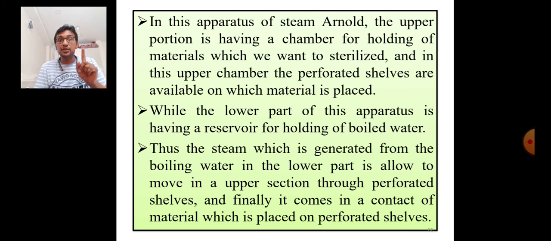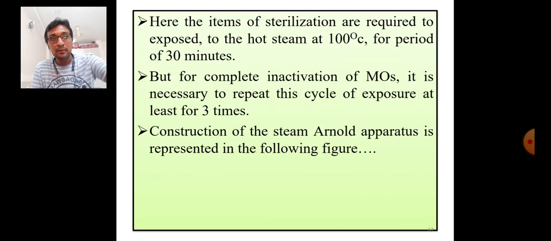It moves in the upper section through the perforated shells, and finally that hot steam comes in contact with the material which was already placed on the perforated shells. Understand? Now student, here the items of sterilization, ज्या मटेरियलवर आपल्याला स्टरलायझेशन करायचं आहे, are required to be exposed to the hot steam at the temperature of 100 degrees Celsius and for the period